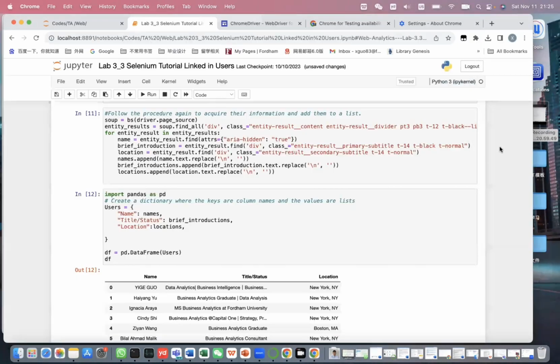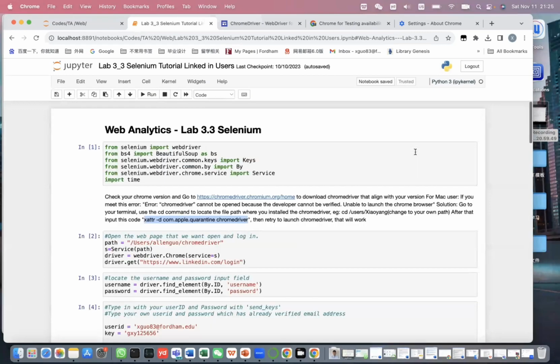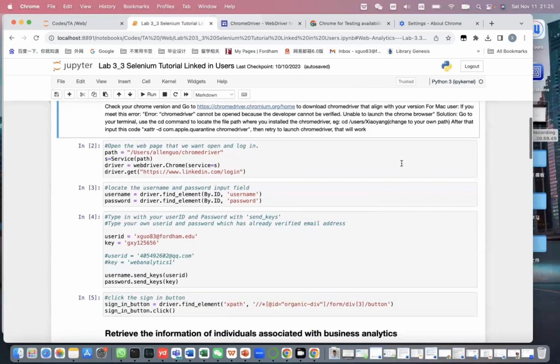Yeah, I think it's done. You see, all the data is crawled and stored to the pandas data frame. So now I'm going to explain the code for every line. You see here,